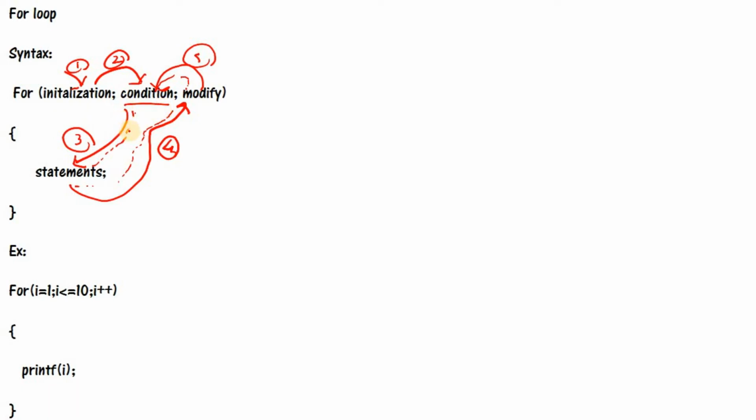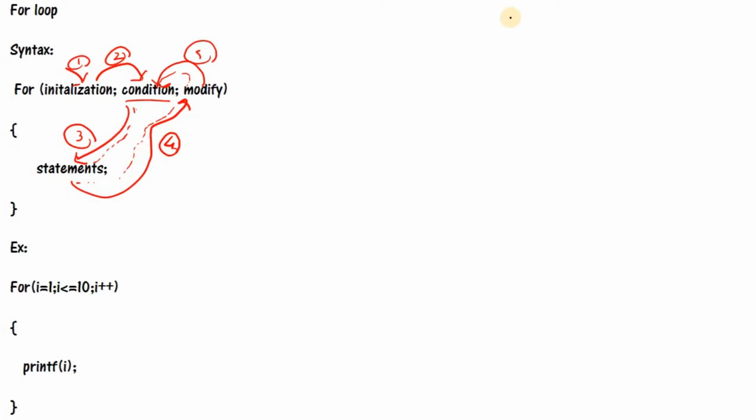And the same thing we convert into a flowchart. So let's start with the flowchart. Start. First it will check the initialization.